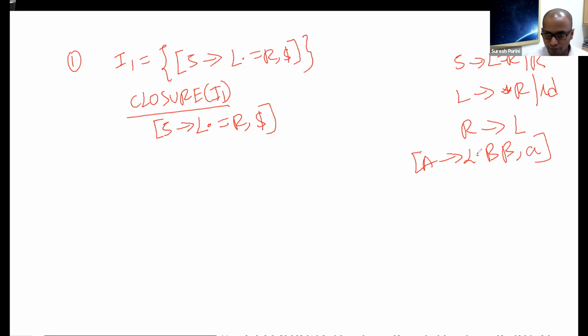This dot should be present before a non-terminal symbol. Here we have only one item, and in that item, the dot is present before a terminal symbol. So this LR1 item is not a candidate for expansion. So the closure of I1 in this particular case is I1 itself. It cannot expand further.